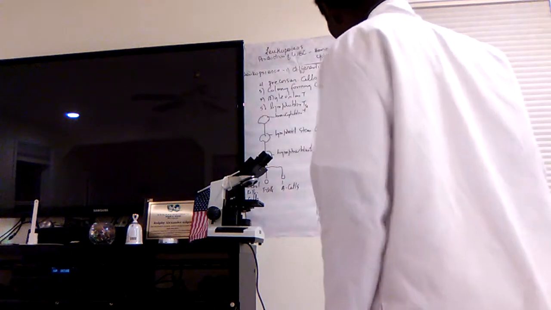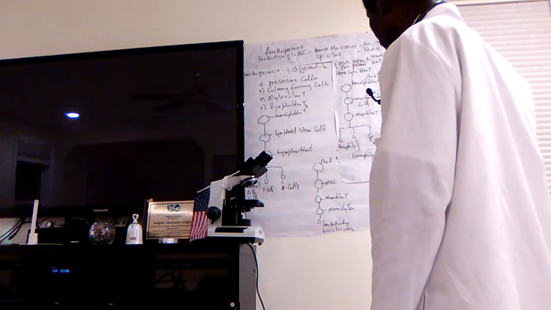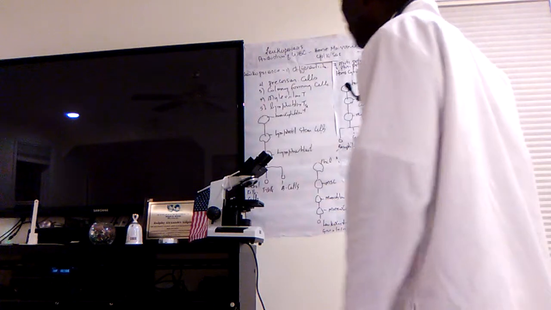So that's just a basic route of leukopoiesis, or the production of white blood cells in the bone marrow for adults, and the yolk sac for the fetus. We next move on now to the hemocytoblast, which is the comprehensive process of producing